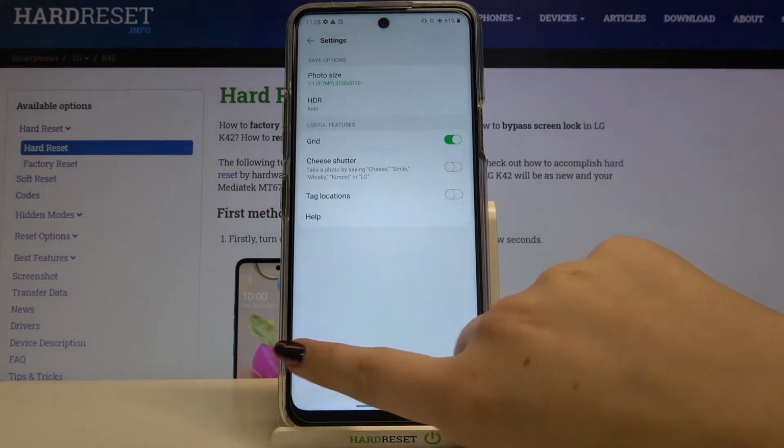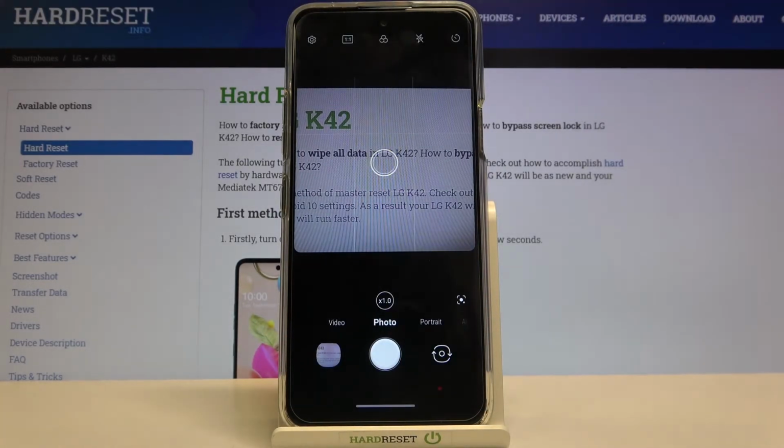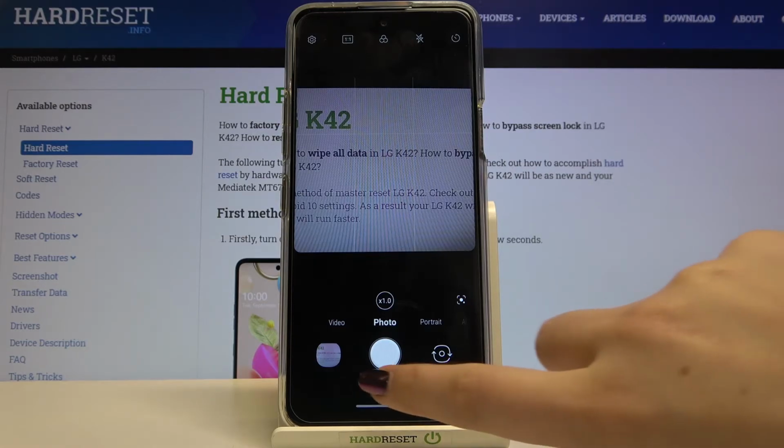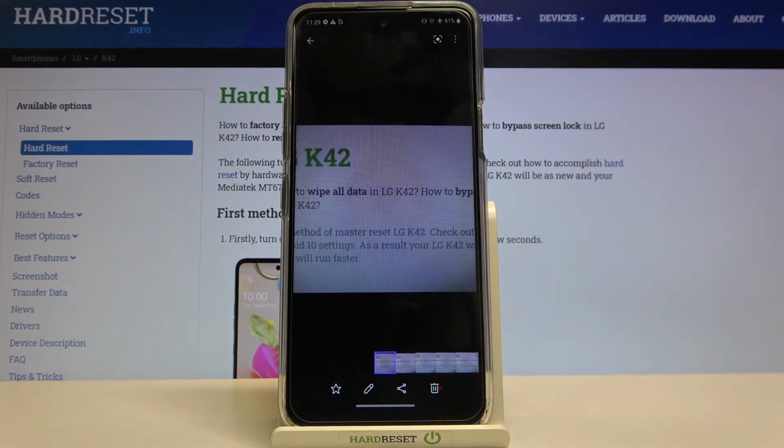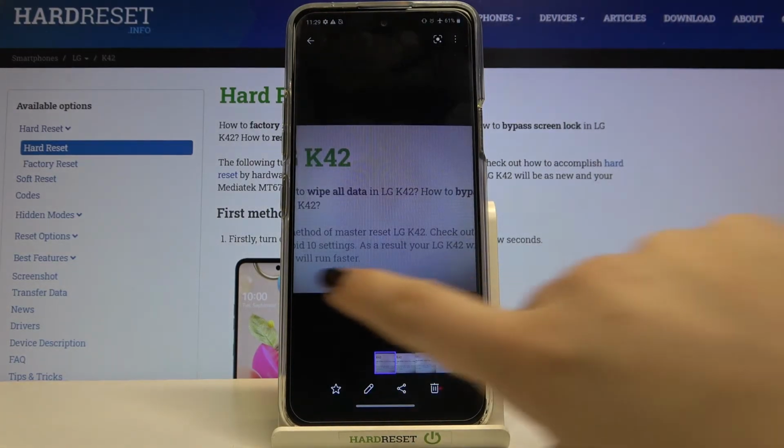be turned on. So we can go back to the camera and check, and I hope that you can see it. All the grid lines have been applied successfully. So if you'd like to take some harmonious photos or apply the rule of thirds, then you're welcome, you can do it right now. What's very important, the grid lines are visible only on the camera, so after taking a picture, let me do it, and checking the preview, you cannot see the grid lines,